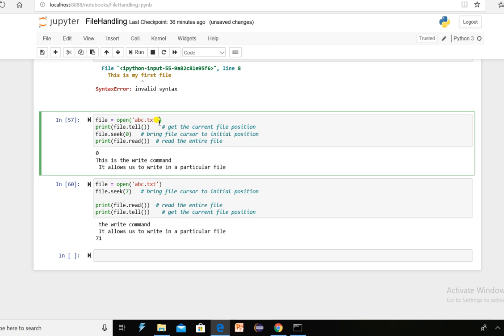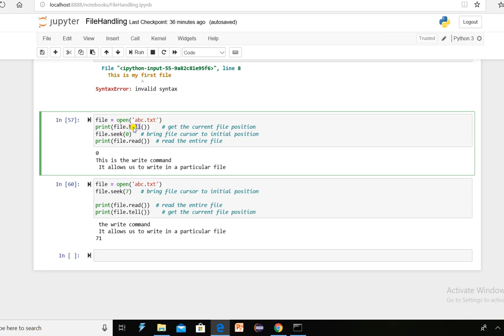If you are not specifying any mode explicitly, it will open your file in read mode. Then I have printed whatever is returned by file.tell. This will tell you the current file position. If you are opening your file in read mode, it will set your cursor at the beginning, that is at the 0th position. So it will return 0.